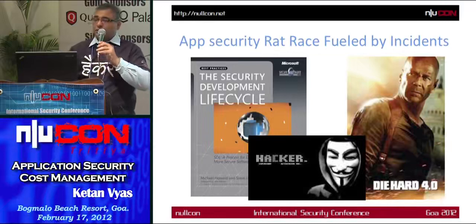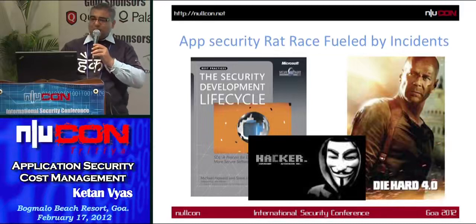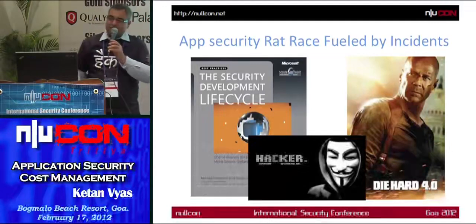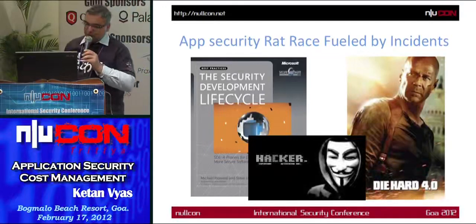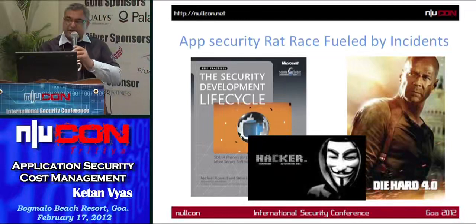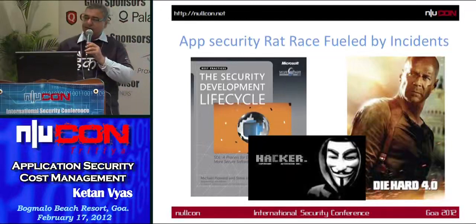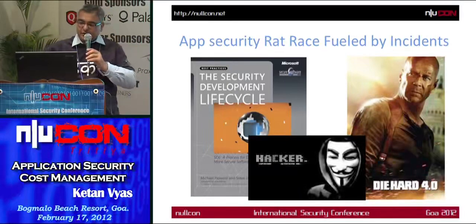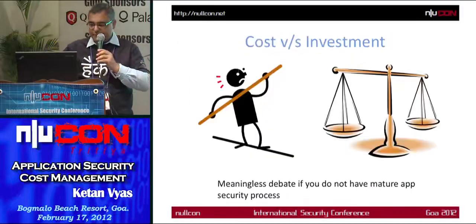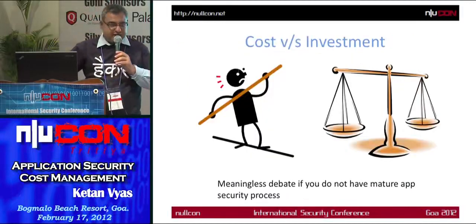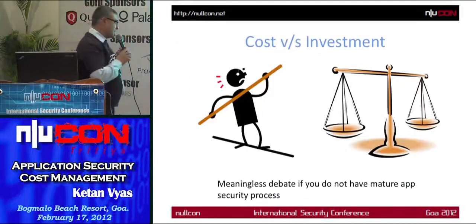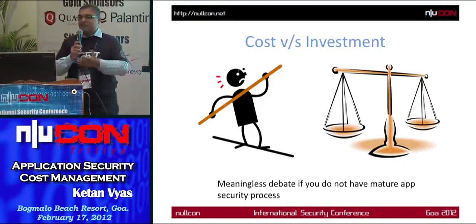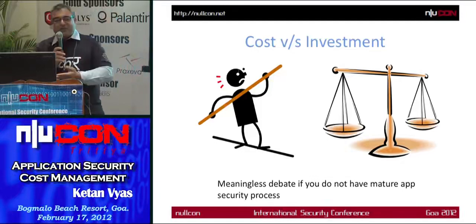I hope everyone saw Die Hard 4. It was a movie made for hackers. Okay. The movie has shown what could go wrong when your critical infrastructure goes on fire. So what would happen? And this is exactly where the companies are putting too much money. The first question the decision maker asks is, is application security a cost or is it an investment for me? What is the ROI on application security?